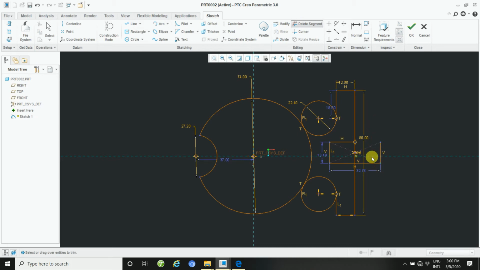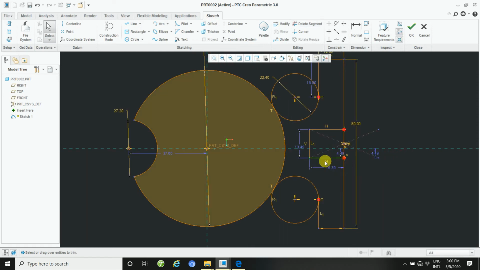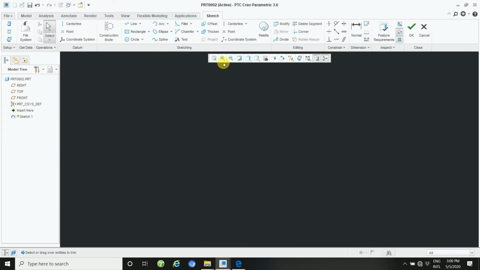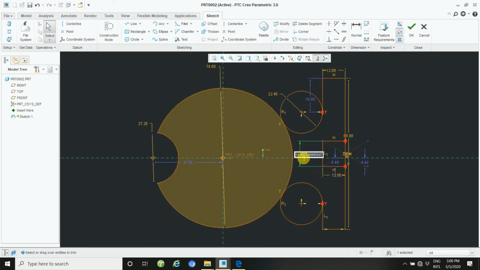This way. Here is the 12. Got it. And then width is zoom fit. Then width is 16.